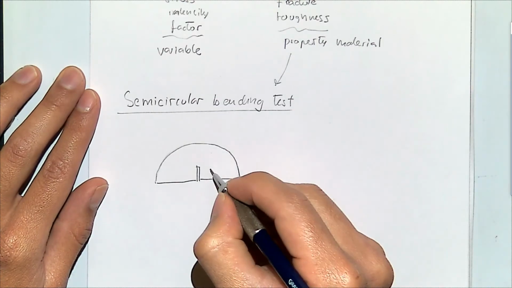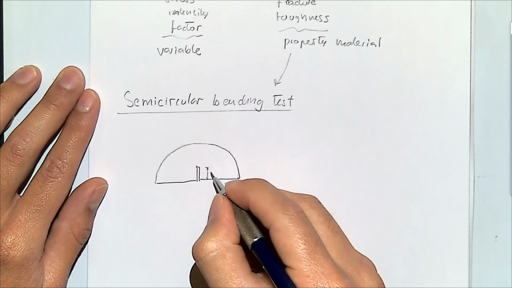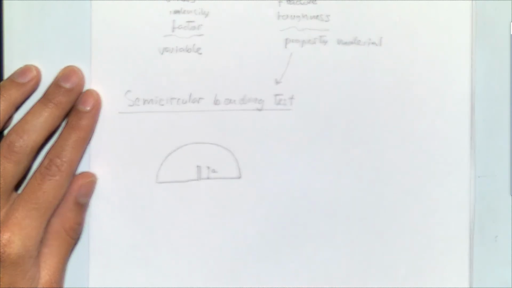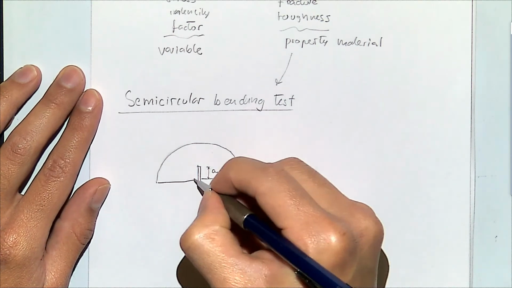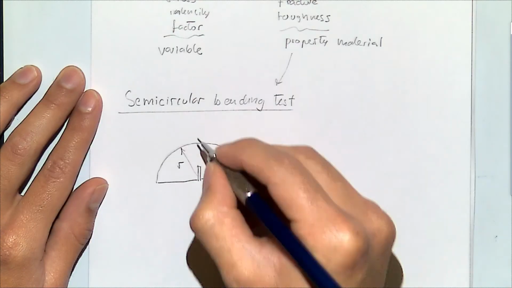This small fracture or small notch is going to have a height A. The rock is going to have a radius R, and you apply